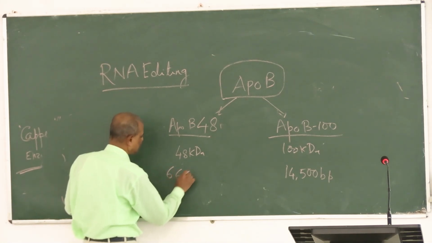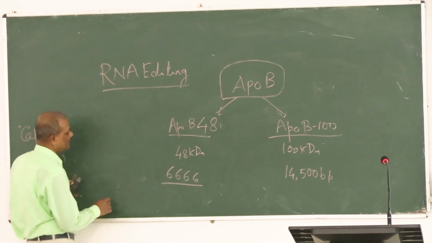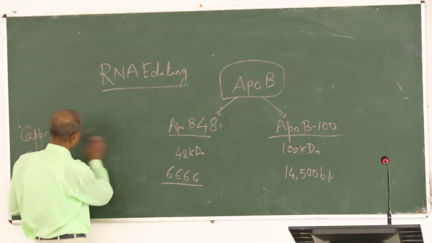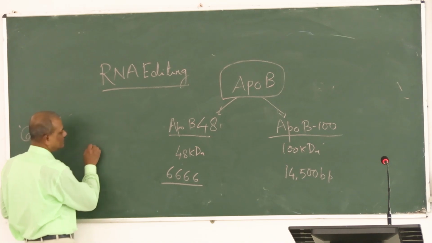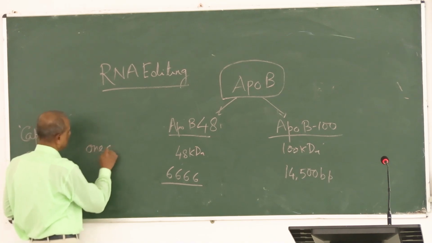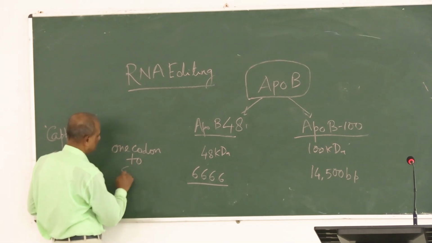So at position 6666, there is a change of one codon to a stop codon